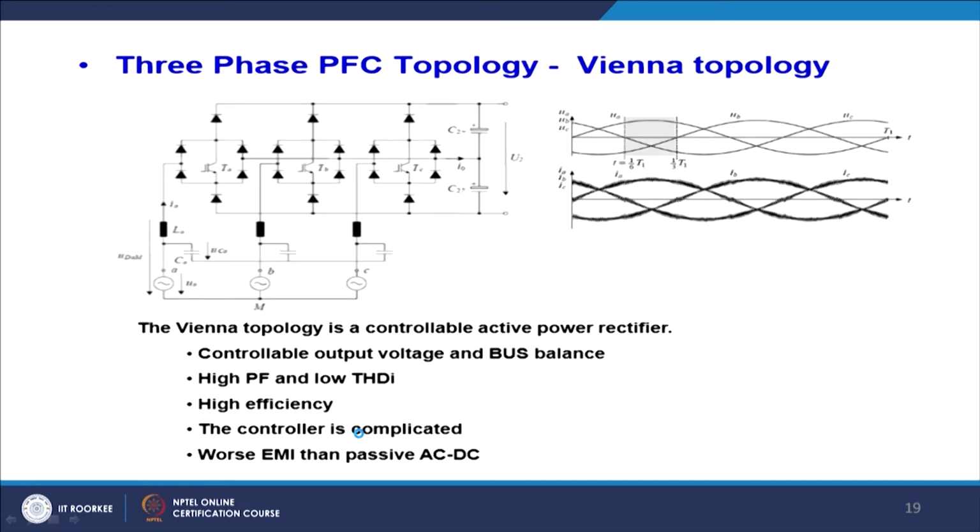So, one application of this is called the Vienna topology, but it consists of a huge number of switches, and these are the 3 utilities, and ultimately it is fed to these bidirectional switches. This essentially is a bidirectional switch, if you can find it. So, current can flow from this point to this point, and if you want this switch to be on, then current can go from this point to this point, then can pass on to this point and go this way.